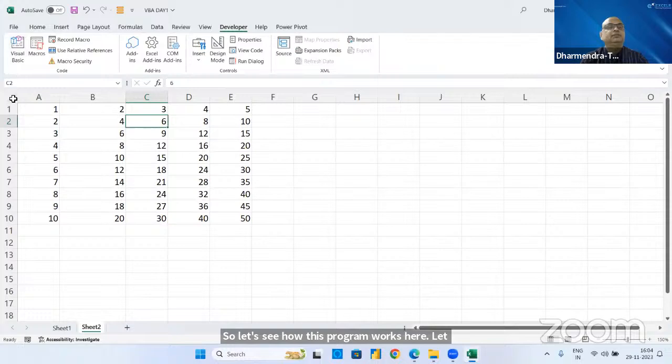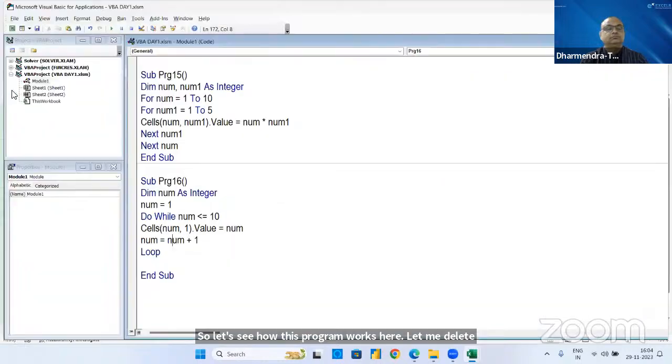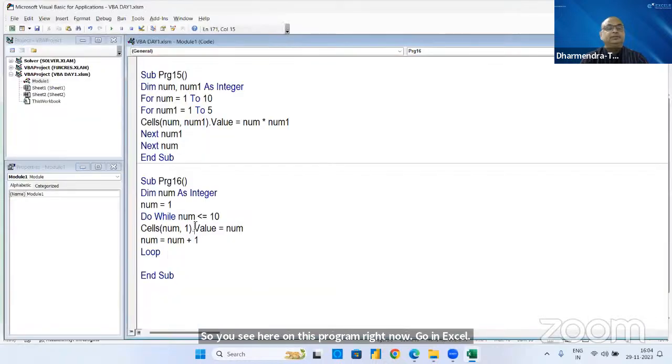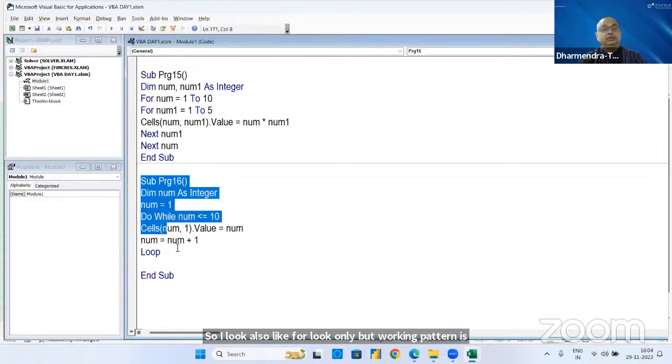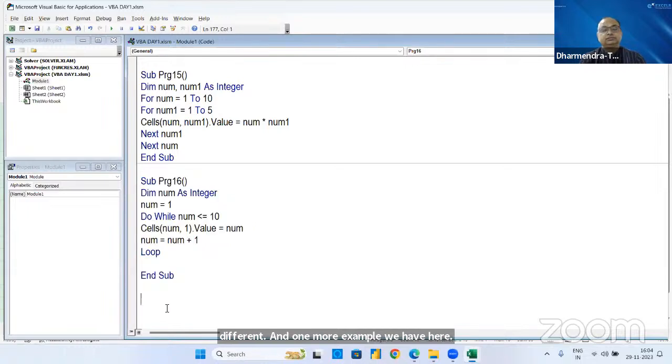Let me delete everything first. So let's run this program right now. Go in Excel. See, the output we're getting is the same. So while loop is also like for loop, but the working pattern is different. And one more example we have here. If you do until, you can go for